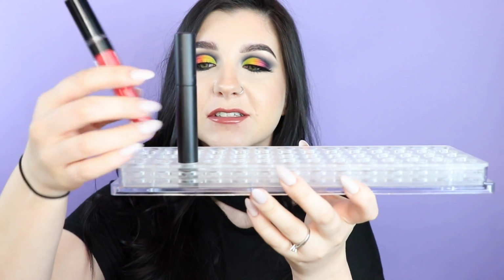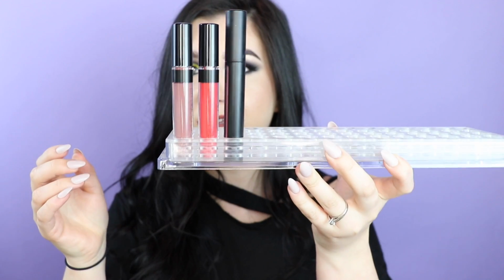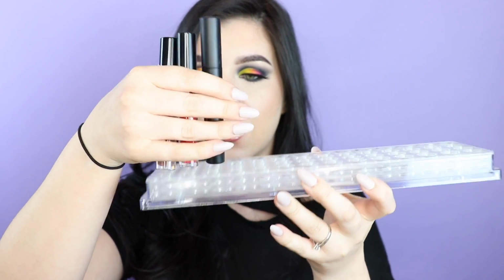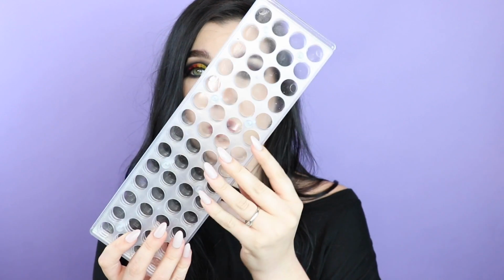I'll grab a couple more so that you can see. So they all just sit up like this and it fits them perfectly, so they barely even wobble around. And this was fairly cheap too. I think it was about $10, which, again, if you're familiar with acrylic organizers and makeup organizers, they can be really, really expensive. So I thought this one was a pretty good deal,